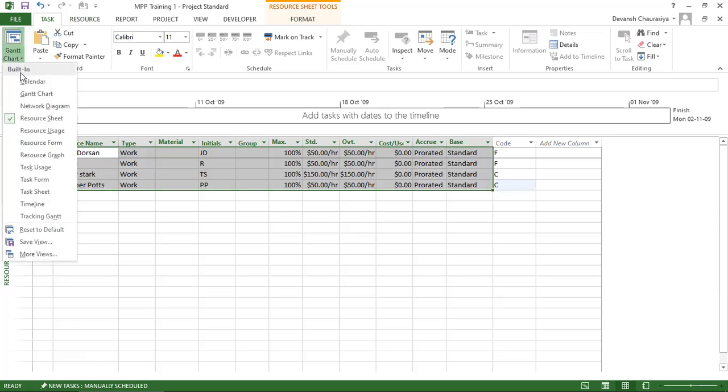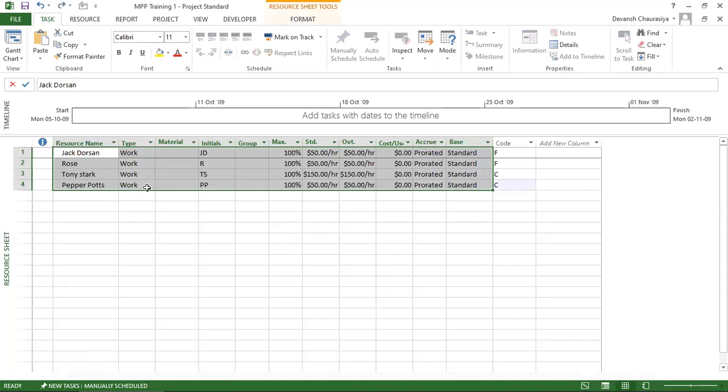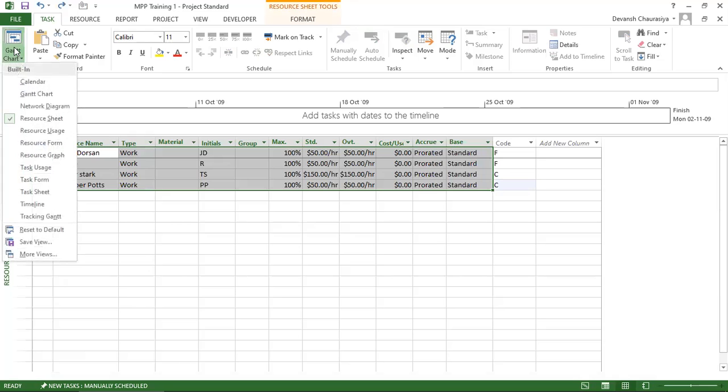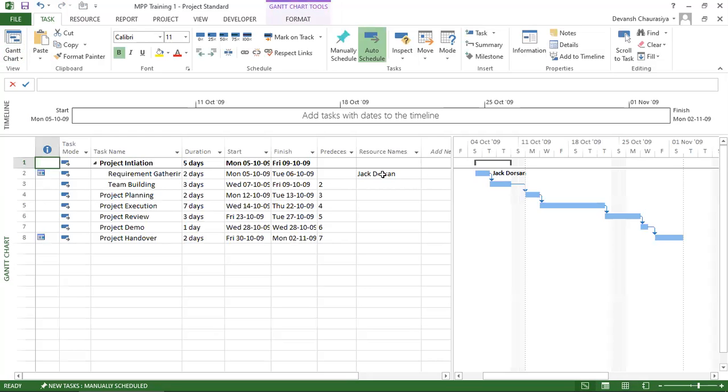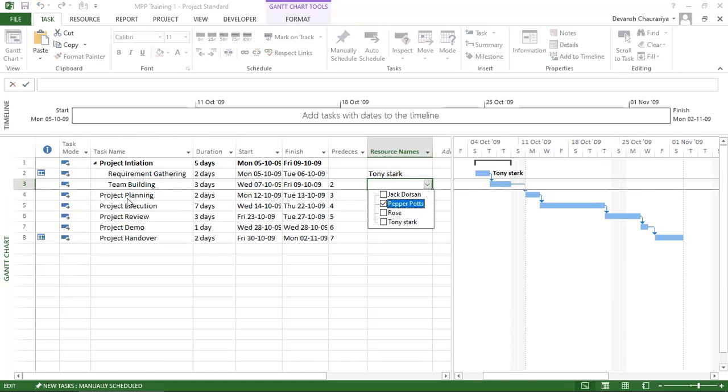Now I can go to Gantt chart, and here you see automatically the first person whom we had named has come here, Jack Dawson. Who is doing the requirement gathering? Requirement gathering is done by not Jack, but Tony Stark. Team building is done by Pepper Potts.